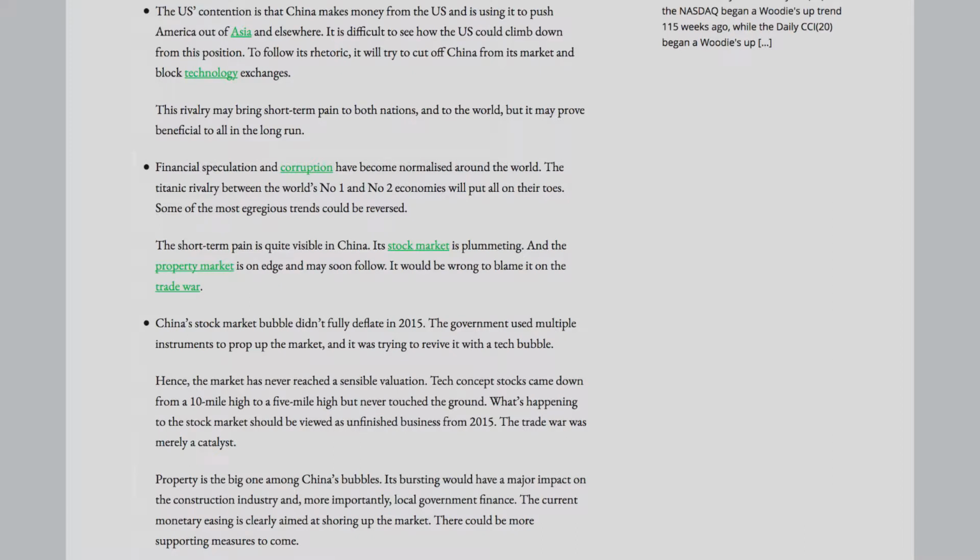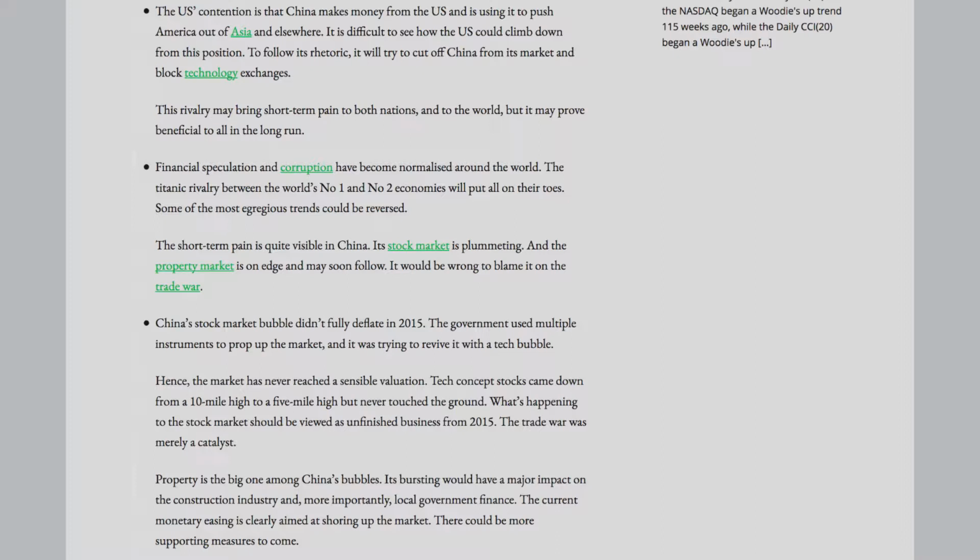and is using it to push America out of Asia and elsewhere. It is difficult to see how the U.S. could climb down from this position. To follow its rhetoric, it will try to cut off China from its market and block technology exchanges. This rivalry may bring short-term pain to both nations and to the world, but it may prove beneficial to all